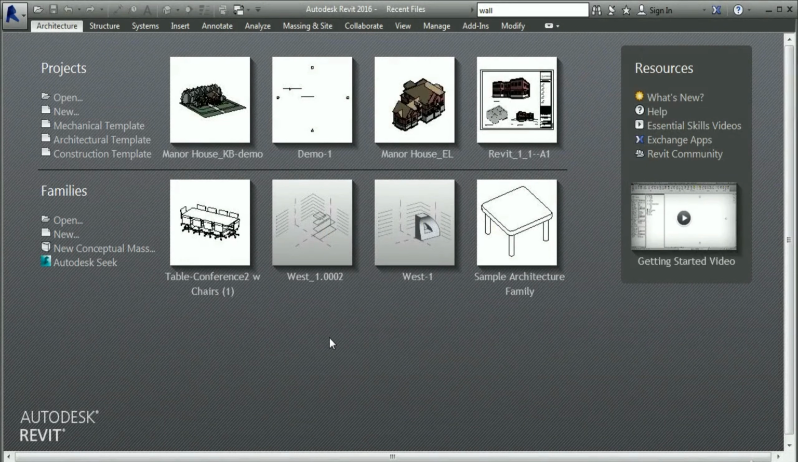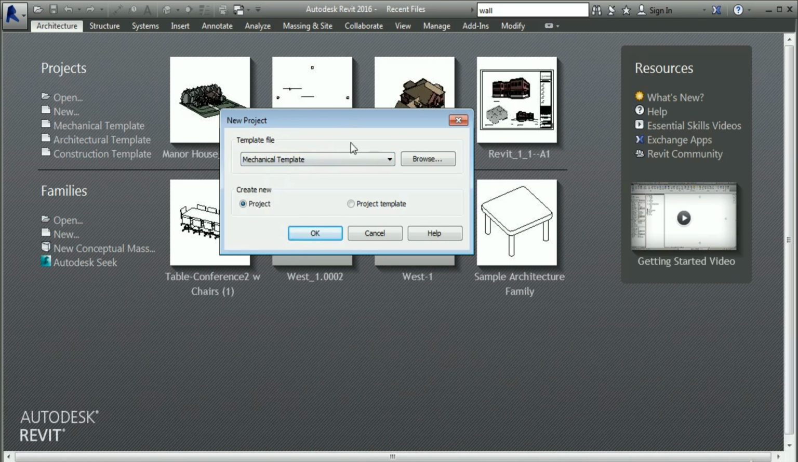In the following exercise, you're going to start a new project with Revit, learn how to work with the Revit interface, and experiment with creating a simple building using basic walls, windows, doors, and a roof. Start Revit, and from the Recent Files window, choose New Project, and then in the New Project dialog box, you